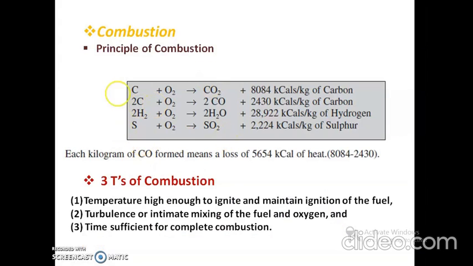Then combustion. Next, after studying the fuel properties, the knowledge of combustion is also important, a prerequisite for understanding boiler performance. The principle of combustion, I think we all know, is that C plus O2 gives you CO2 plus heat. So this much amount of energy is liberated per kg of carbon,